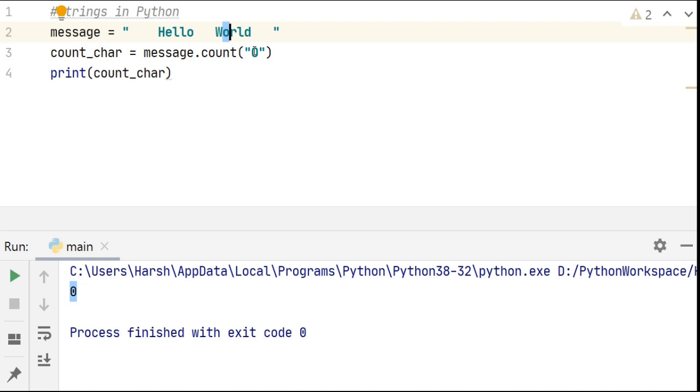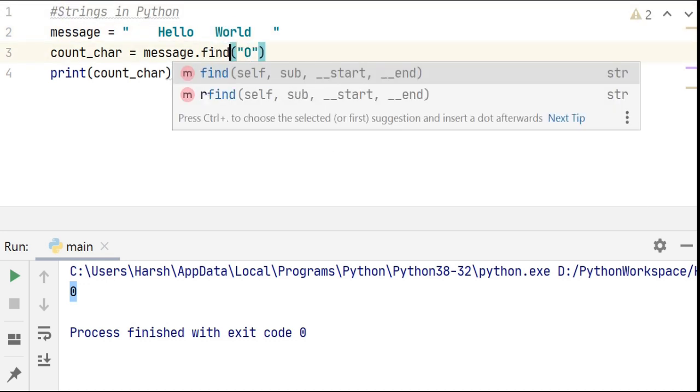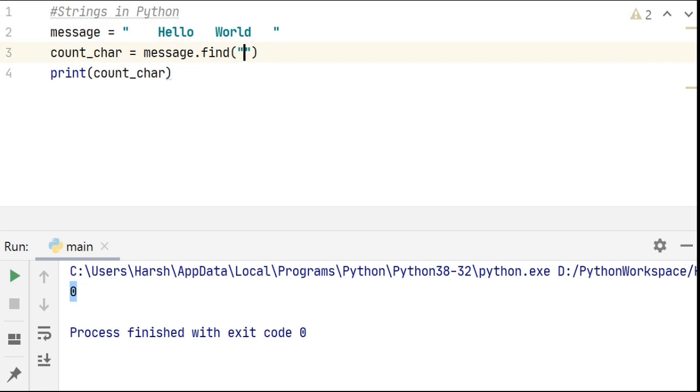There is another method called find, which tells us whether characters are present in a string or not. So let's say I change this to the find method and let's see if o is present in it, and then when I run it, it gives me 8. This method returns the index of the first o in our string. So the first o is present at index 8. Why? Because there are blank spaces here.